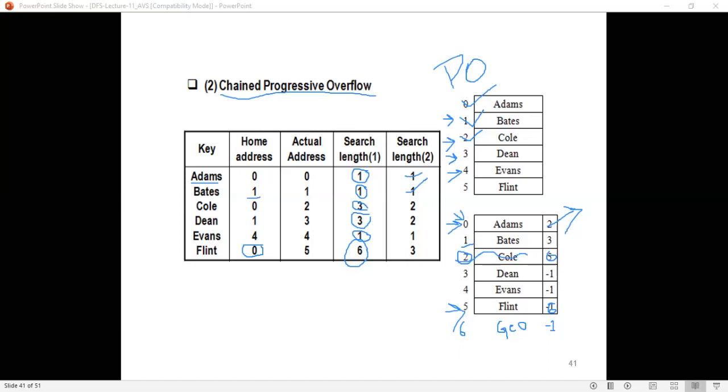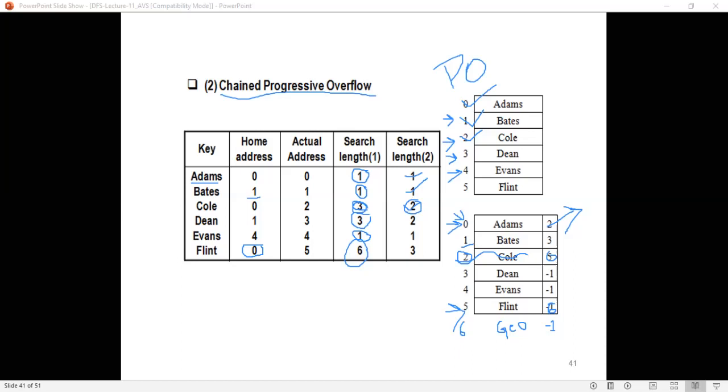So what is the number of accesses? 1, here 2, isn't it? This is the number of accesses for Cole. See the difference here: in linear probing or progressive overflow, you needed 3 accesses, isn't it, for Cole? But here you need only 2 accesses. Understood? Better than this one, isn't it?